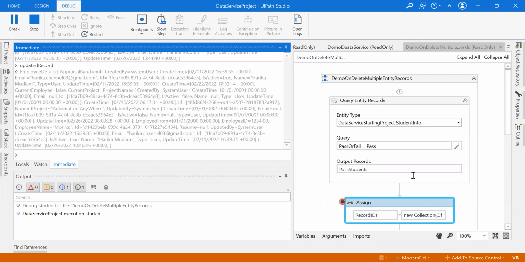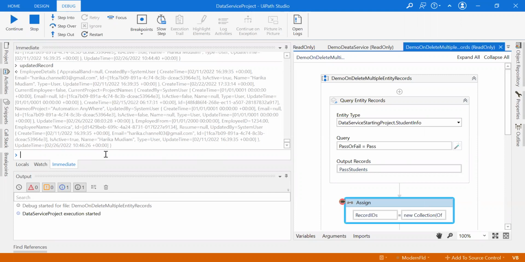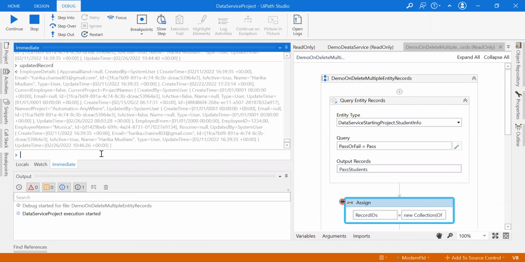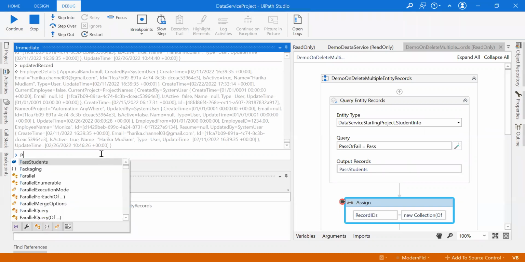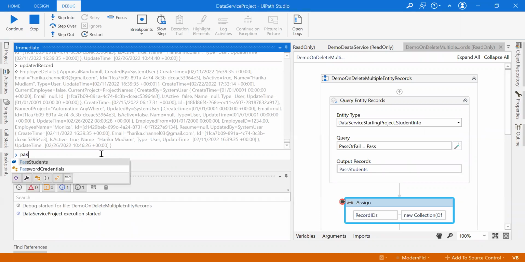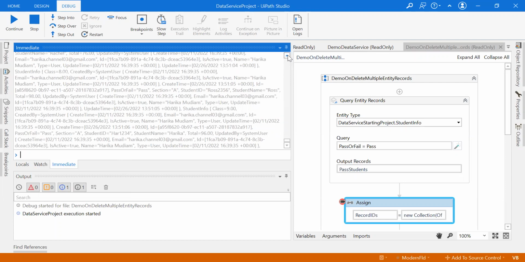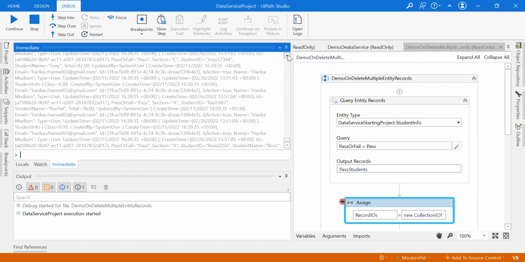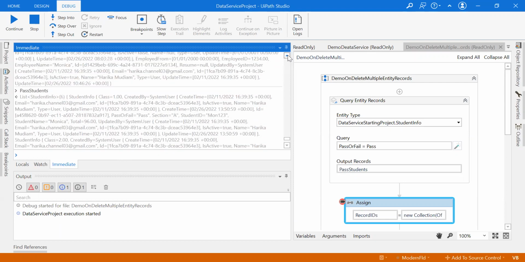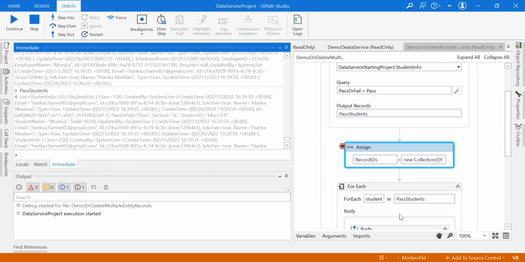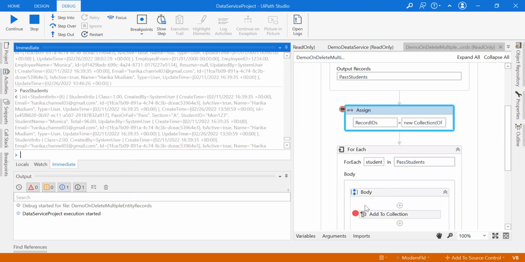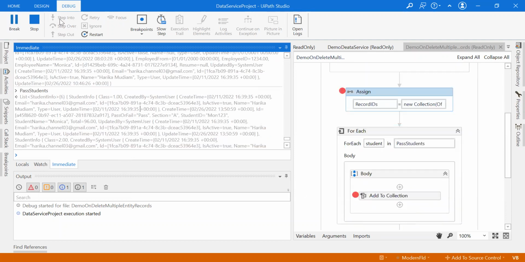Okay, we are here now. Let's check the value of pass students. Should be 6. Let's check. Correct, 6 values are there. So now what I'm going to do is go to each student and get the ID of them. Okay, so let's do a step into